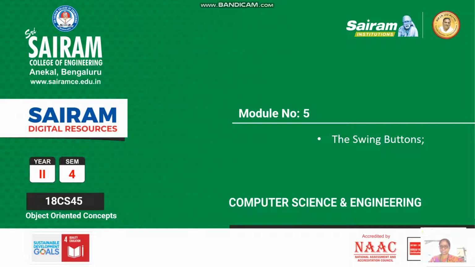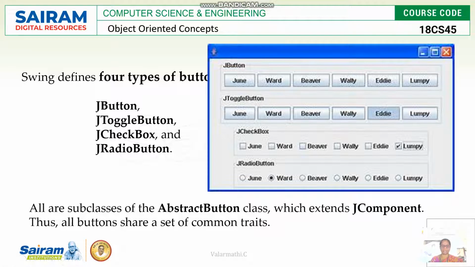In this video, we are going to discuss the main concepts of Java Swing buttons. There are many types of Java Swing buttons available. We have pointed out 4 different types of buttons. Those start with JButton. The class names for these buttons are JButton, JToggleButton, JCheckBox, and JRadioButton. This diagram shows the 4 different types of buttons available in Java Swing.